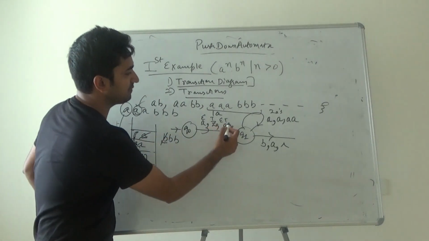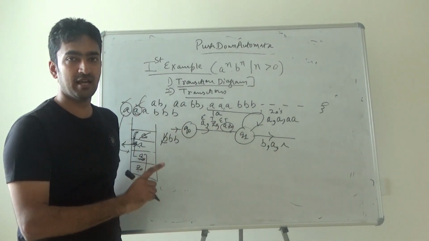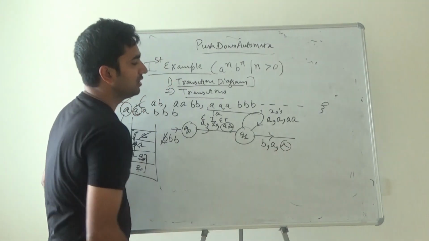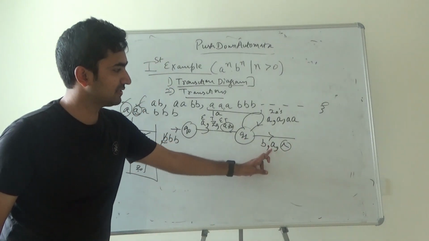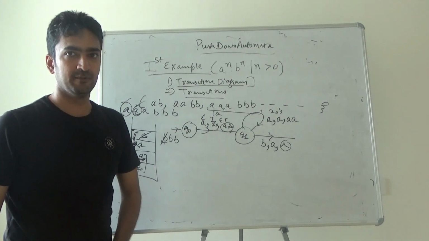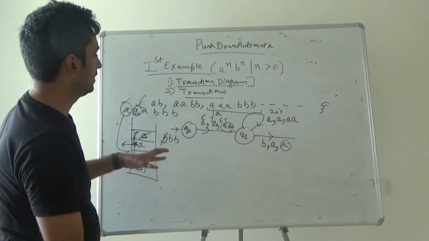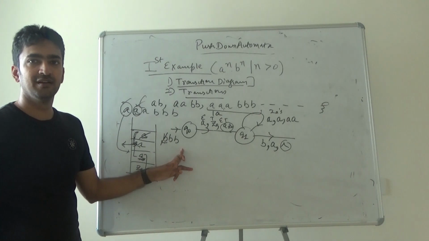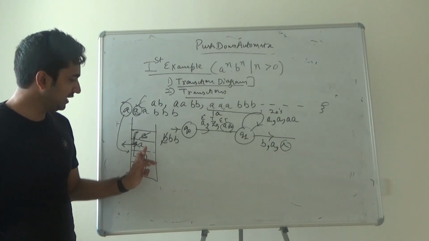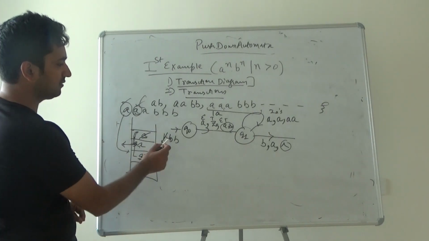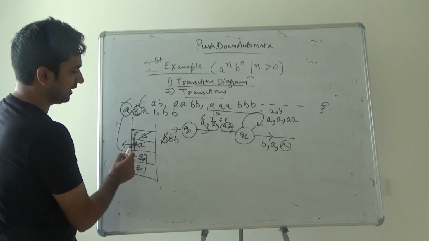I am writing this is my answer. In the transition, this is my answer. This is also my answer. B comes, checks the top of the stack is A. The answer is null. Similarly, guys, there are so many B's. All they will do is take those A's out. So this B comes, checks the top of the stack is A, it will pop it out.